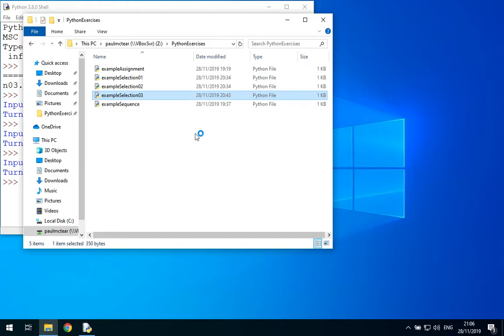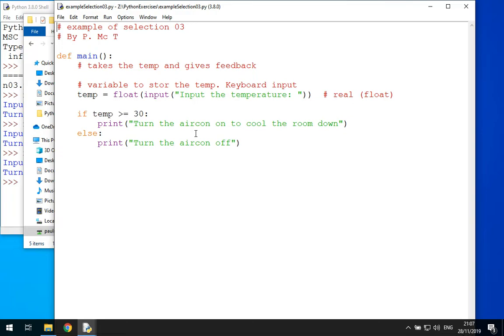Okay, so this next one will have more than one condition. At the minute we've done a single condition, which is for this selection. So this is our condition. If this is true, it does this. If it's not true, it does that. Okay, so we're going to do this as selection 4,